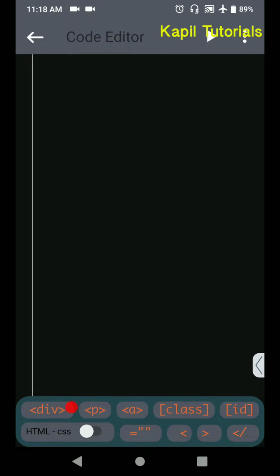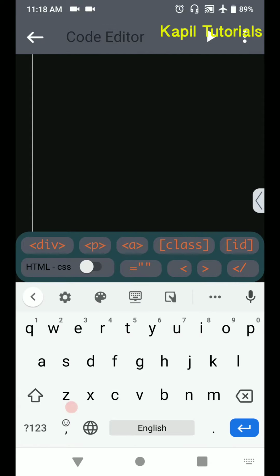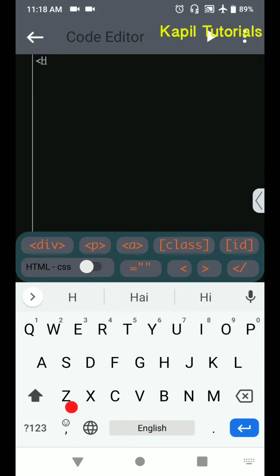Now we have to write the code, and for coding it's easier here. We have to start with angle brackets, so I am starting with angle brackets, HTML. By default it gives me the closing tag also, so it becomes easier for me. Then the second command, as you all know, here the tab option is not there, so I can use the spacebar key.